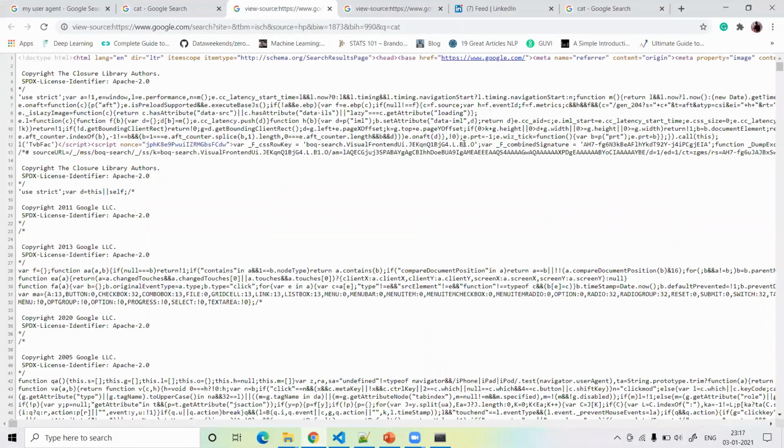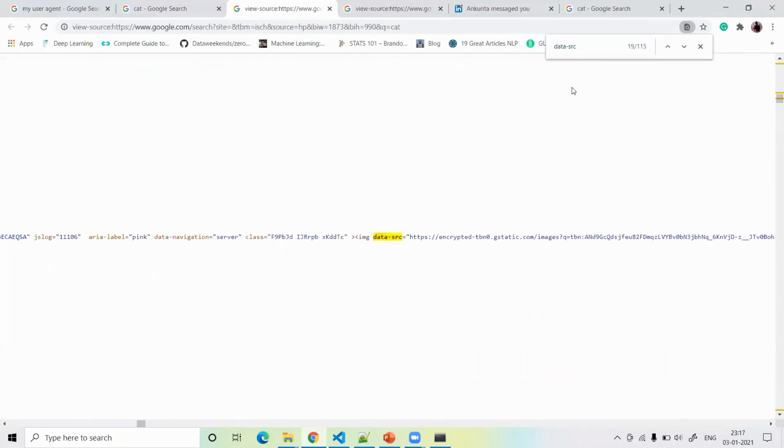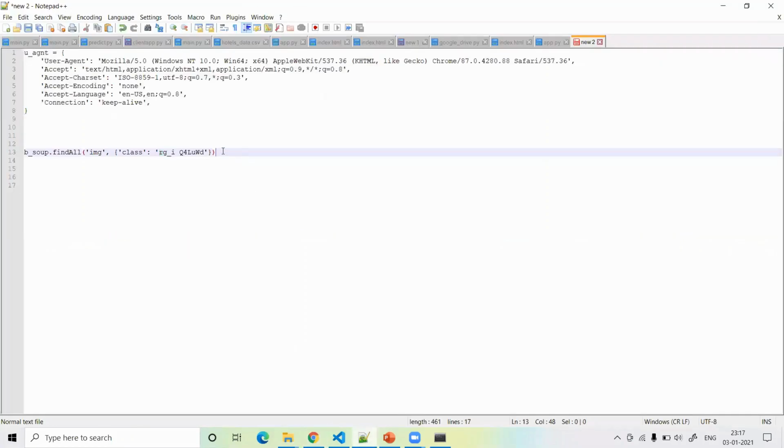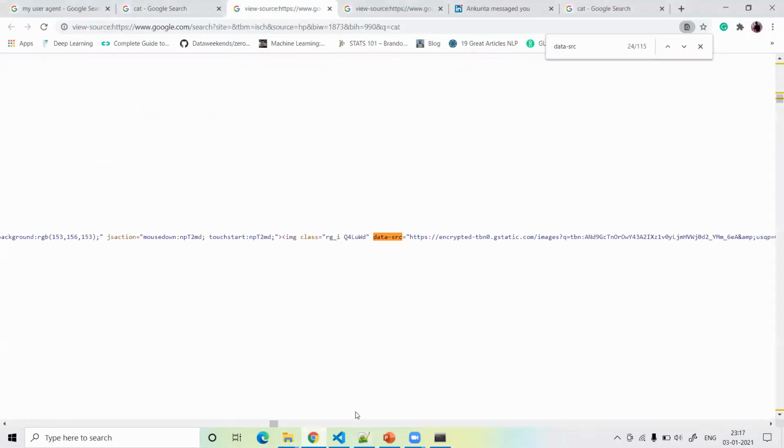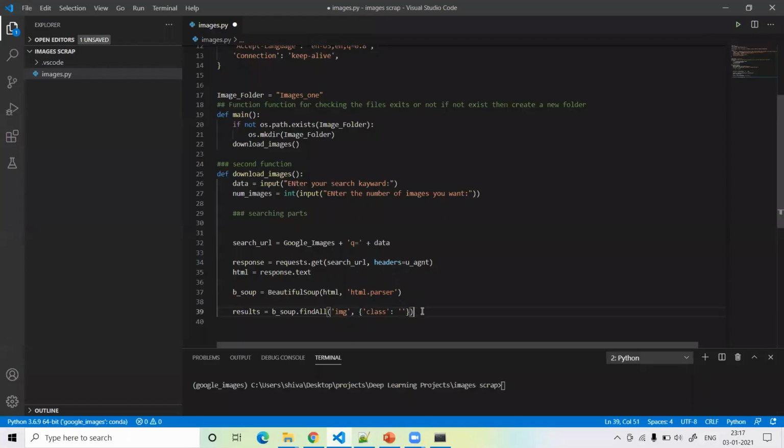I just call find and data.src. When you call this data.src, see there are lots of data.src available, 115. Finding the right class tag is very time consuming and a very challenging task, guys. So I already copied this. I just copy this code and paste it here.